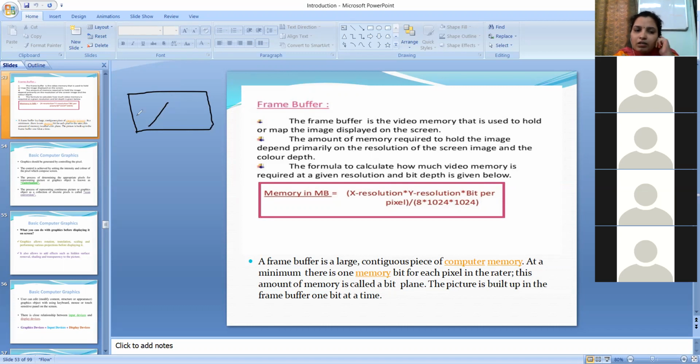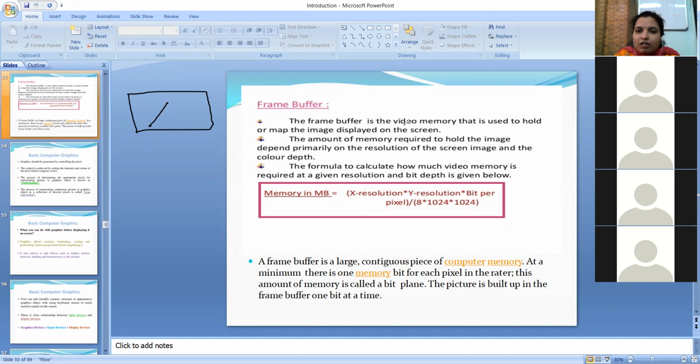So here it is a line. I am going to store the information about the line in this buffer. Now what information is required? It requires the start point and end point, or in short, all pixels which are present on this line. So the coordinates of all the pixels on the line I need to store, and the color of those pixels. So its X and Y coordinates are required. Also, the color of that pixel is required. Here I can view the line is of black color.